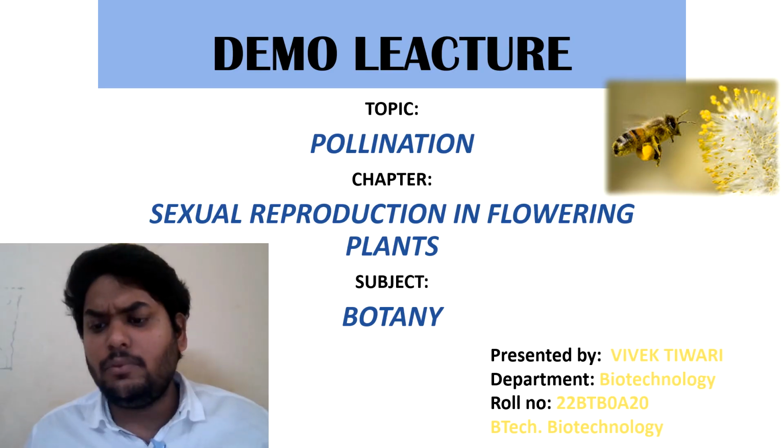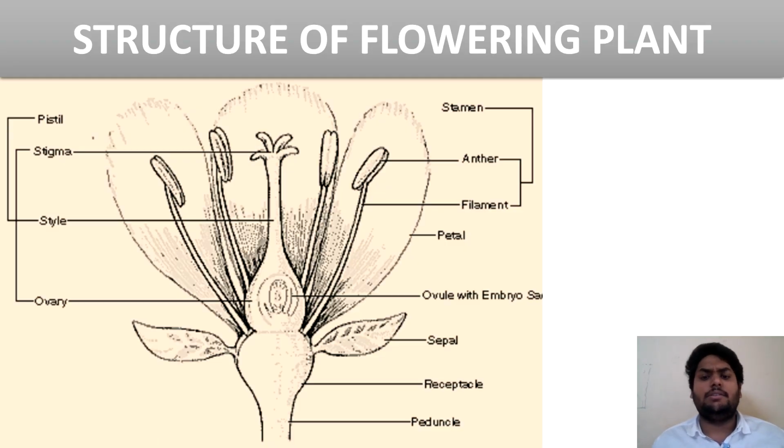But before discussing pollination, we have to understand a little bit about the structures of the flowering plant. What parts are involved in reproduction? We have to have a little overview of it. So before explaining pollination, I am going to give an overview of the morphology of the flowering plant. So generally, as you can see,